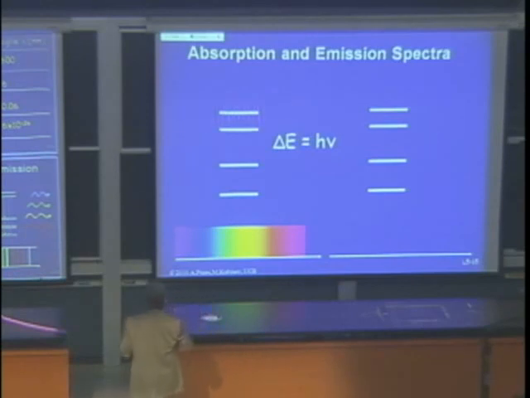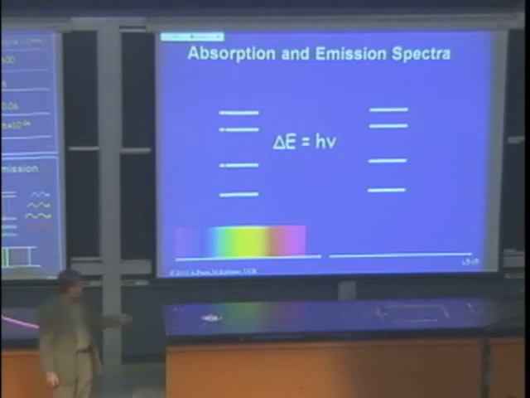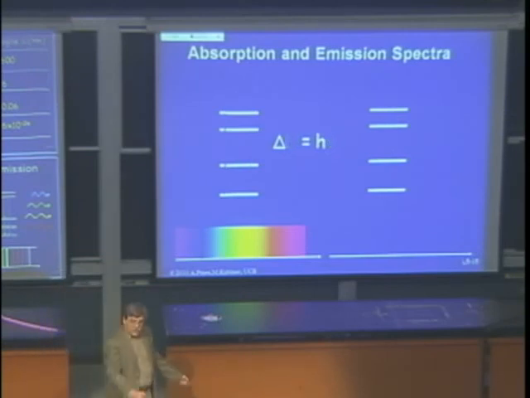So now let's see. Blue had the right wavelengths. It fit right into that energy space. Delta E is h times nu, and nu was the frequency of the blue light. So this atom absorbs blue light. It takes that electron from n equals 1 to n equals 4. So it kicks it up in energy, and you have what we call an excited state. This would be the first, second, third excited state. And so you see, it fit: the difference in energy is this energy minus this energy, delta E.